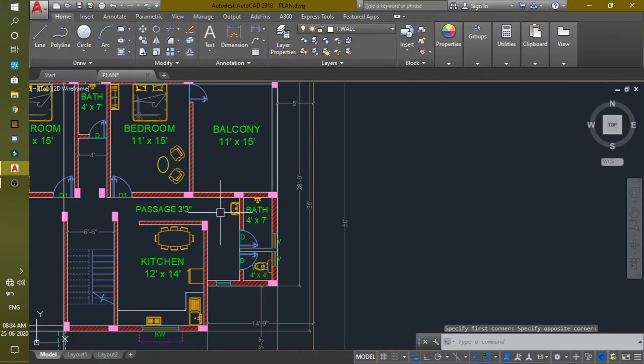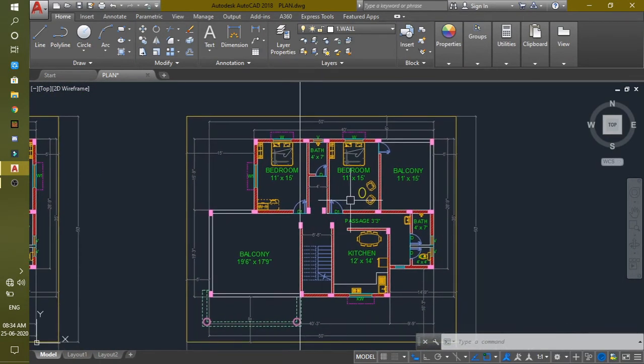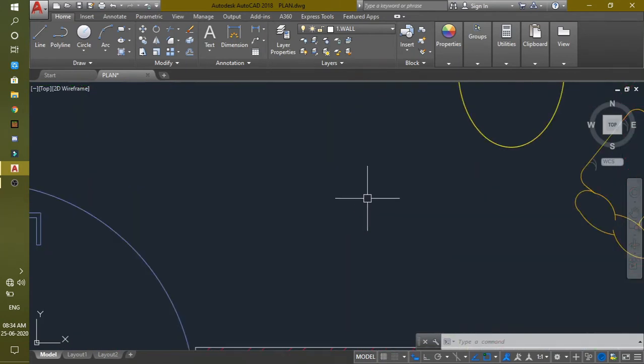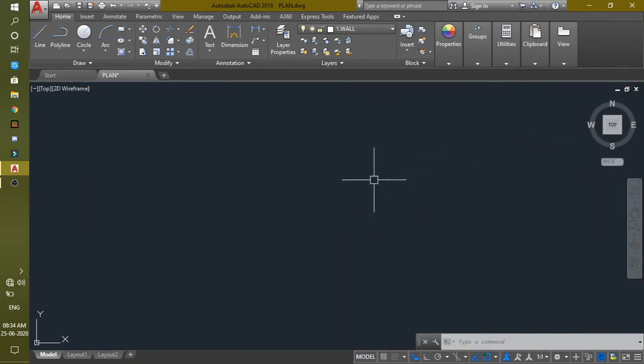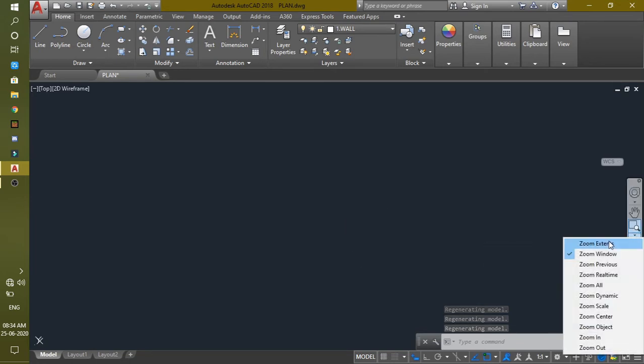Okay, so you're having fun zooming in and zooming out. Let's say you go a little overboard and zoom in a little too much. Like this. You can't even see my drawing now. You can wheel out and go through the trouble of zooming out, or you can use this zoom extents tool and do it in an instant. Just go to the menu here and select zoom extents. Your drawing will fit in your canvas.